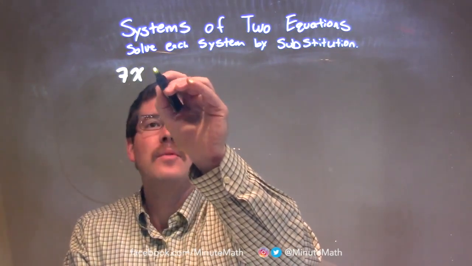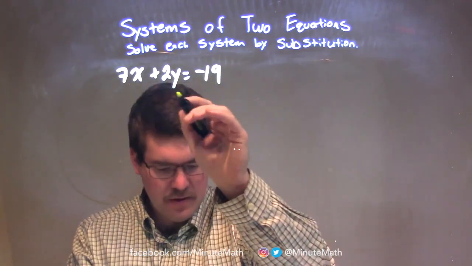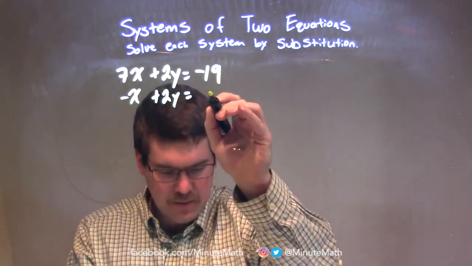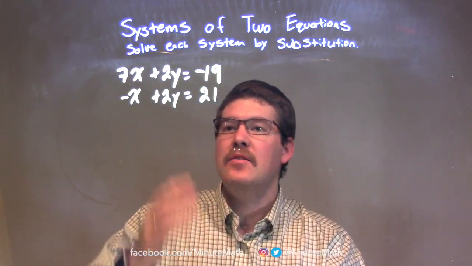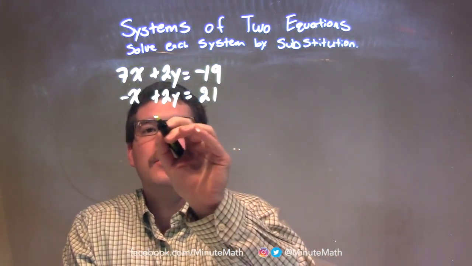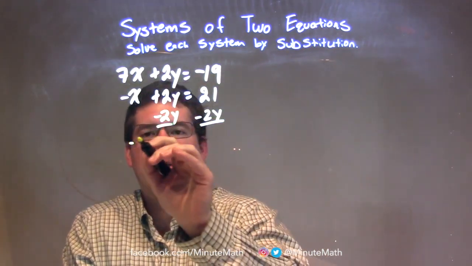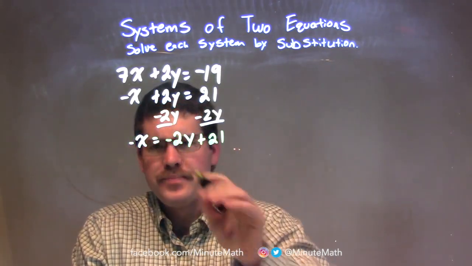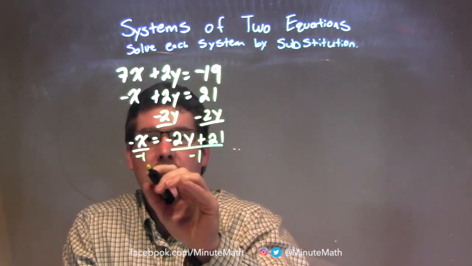7x plus 2y equals a negative 19, and negative x plus 2y equals 21. Well, from there, what I want to do is I want to get a variable by itself. I find that's easier in the second equation. So I'm going to subtract the 2y and try to get x by itself. Subtract 2y to both sides. Pretty simple. I have negative x now equals negative 2y plus 21. Divide by negative 1 to both sides, right, or multiply it to both sides, and I have x is equal